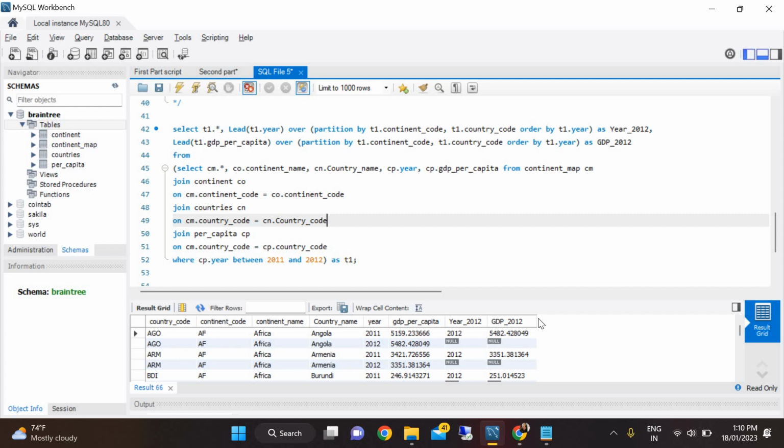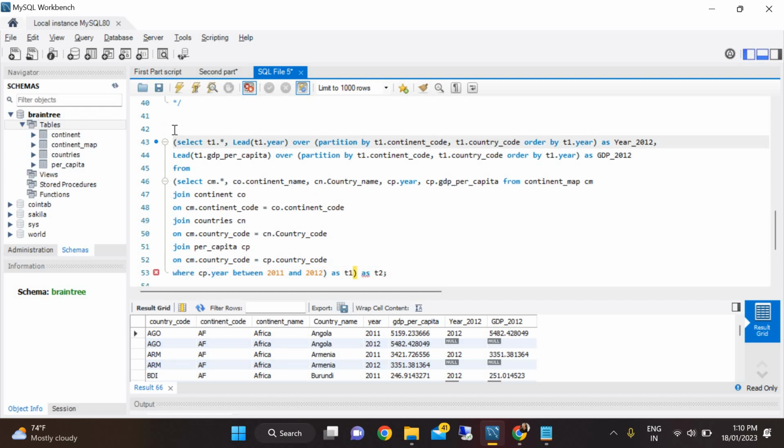So for the GDP calculation, I will apply a CASE function. Let's make it a table, and call the table T2, and enter. Now take SELECT T2 dot all, comma. We have to calculate GDP growth, so we'll apply the CASE function. CASE WHEN